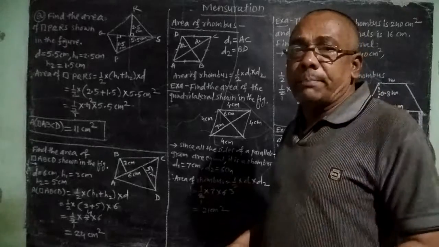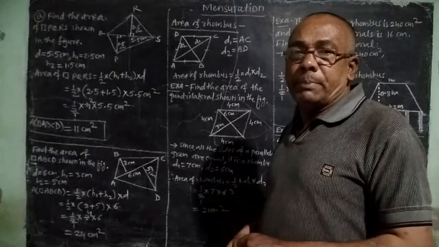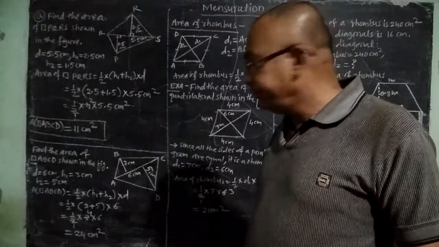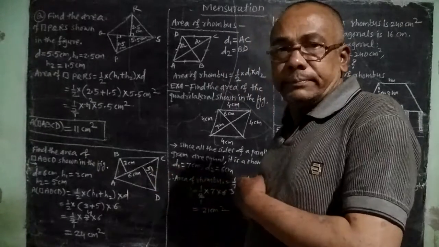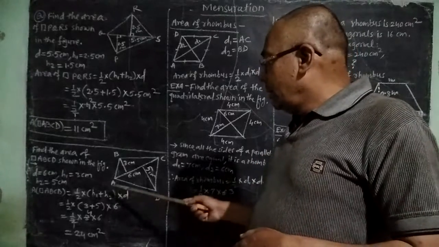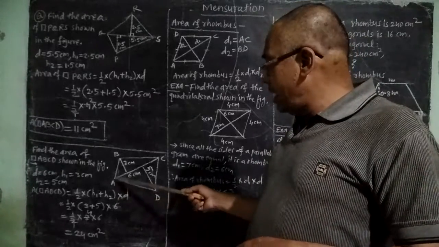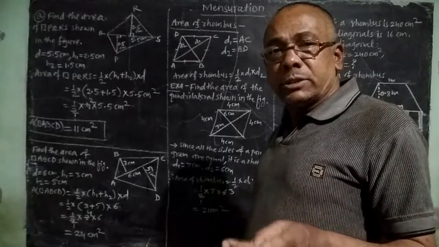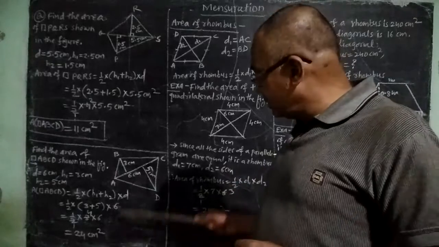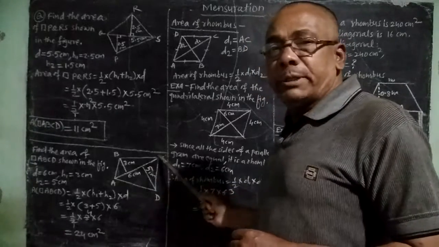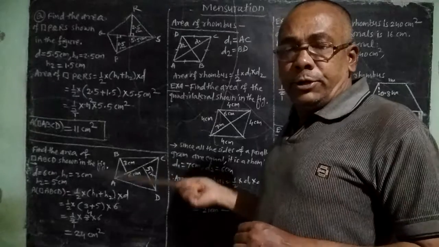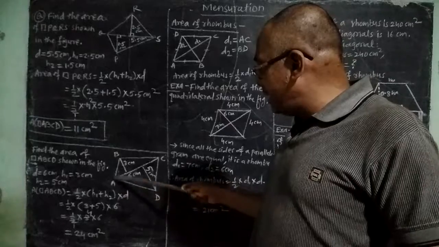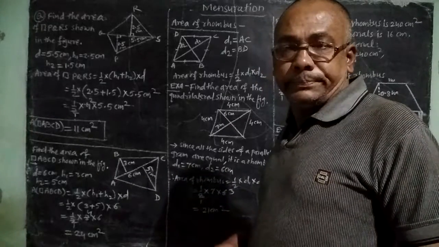Now we will see one more example, such a type of example. Here it is given that find the area of quadrilateral ABCD shown in the figure. In the figure, ABCD is a quadrilateral, and again we will join the opposite vertices of the quadrilateral, that is, if we join A and C, then AC will be the diagonal of the quadrilateral, and due to this diagonal, the quadrilateral is divided into two triangles, namely ABC as well as ADC.